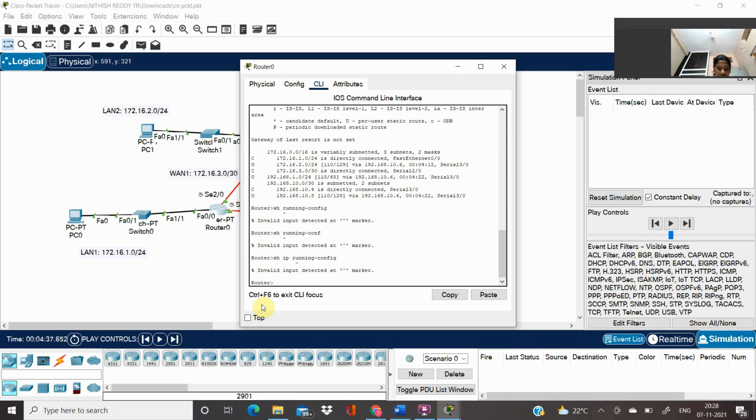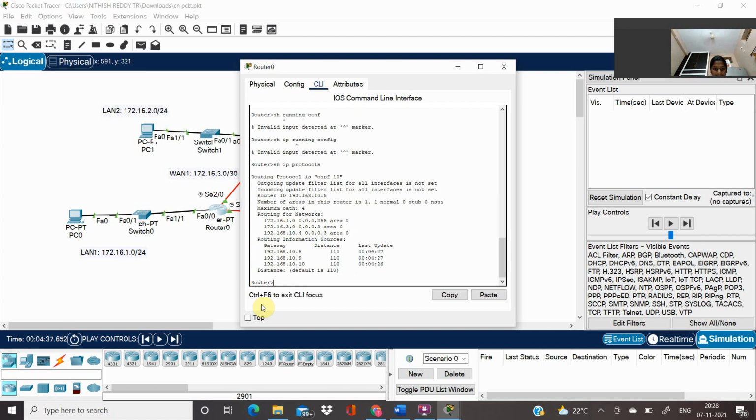Yeah, now let me try, sorry, show ip protocols, and I got my protocols as maximum paths, and I got my routing for networks, and I got my routing information sources as gateway, distance, and last update.